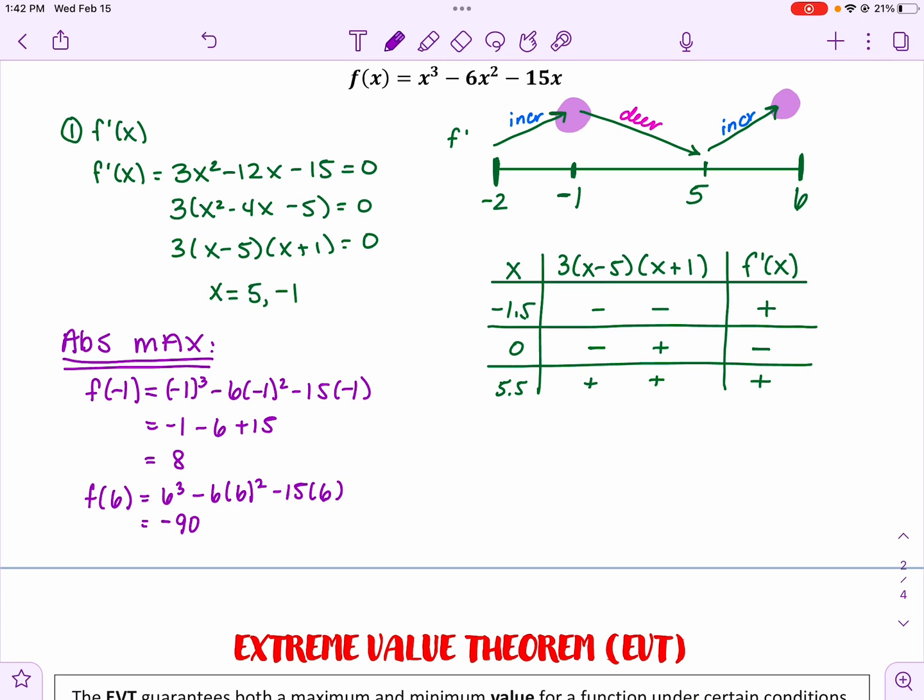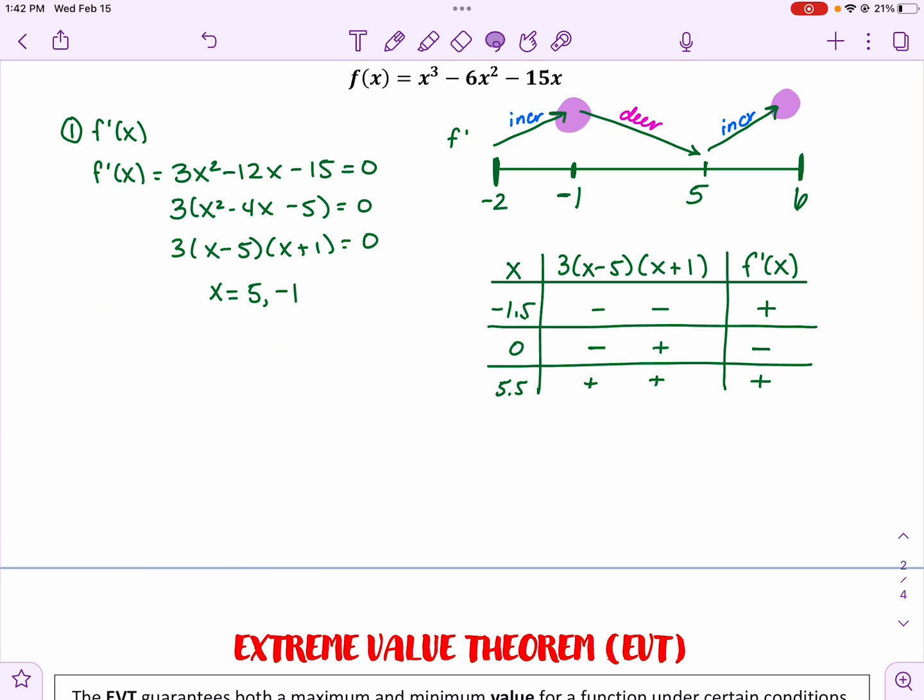So as I'm looking here, guys, which one is higher? 8 or negative 90? Obviously 8's higher, right? So our absolute maximum is,